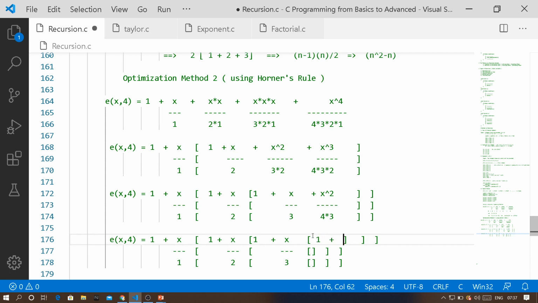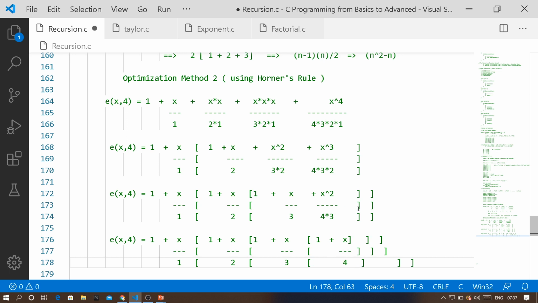So the very first term is 1. Then plus, when you take x divided by 3 from this term, x square by 4 multiplied by 3, when you're taking x outside x square, you'll be having the remaining term x. What about the denominator? The denominator is actually 4 multiplied by 3. When you take 3 outside, you will be having the remaining 4. So this is x divided by 4.